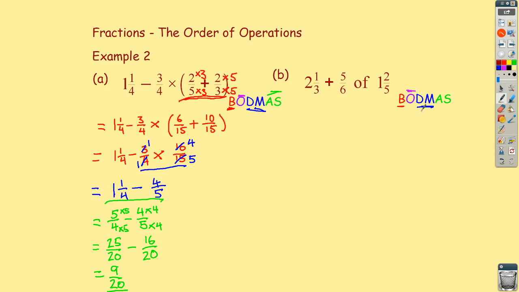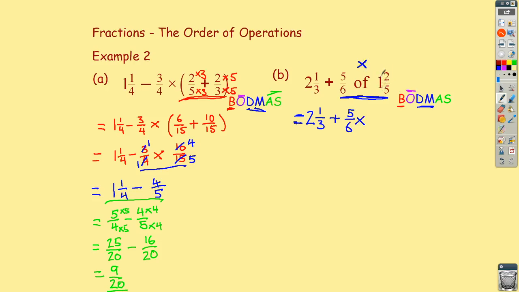Now, it might not jump out at you that there is any division or multiplication to consider here, but when we think about what 5/6 of 1 and 2/5 means, what we're really saying is multiply them together to get an answer. Okay, so that means we're going to use this step to do that. So here we've actually got a division or multiplication to deal with. Equals 2 and 1/3 plus, and we're going to have 5 over 6 multiplied by, and we have